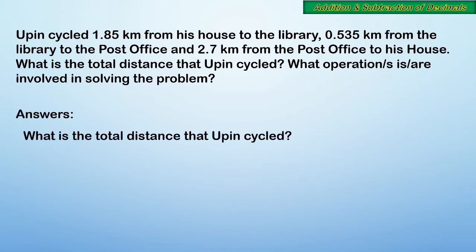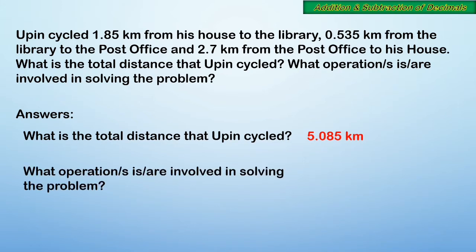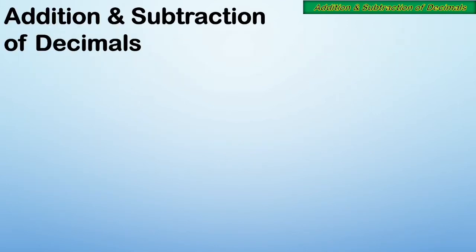To answer that, the total distance that Upen cycled is 5.085 kilometers. What is the operation involved in solving this problem? We have the addition of decimals. Okay, we are now in addition and subtraction of decimals. Example,